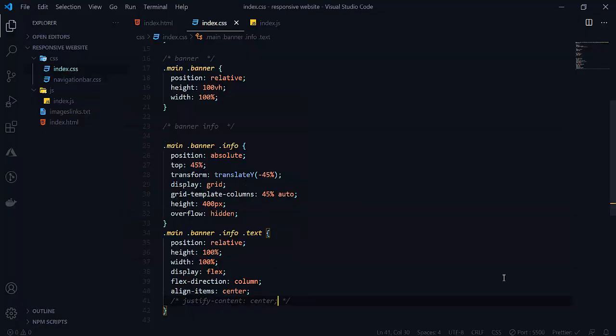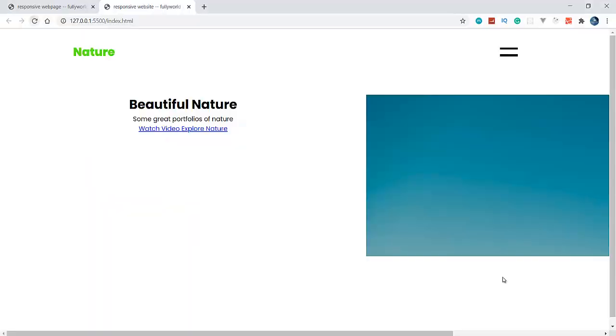Okay, align items, it is 400 pixels, so its height is not working. That's why it is giving us the error. See that? Now we will fix it.